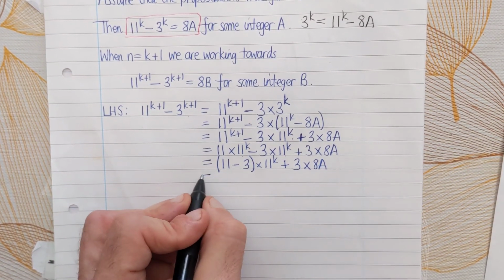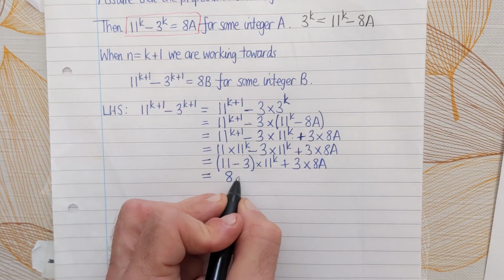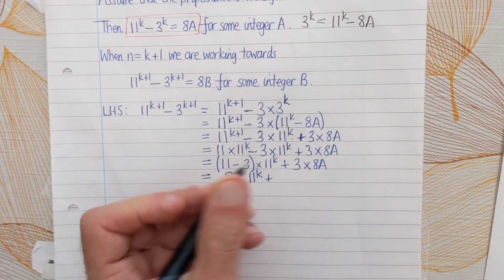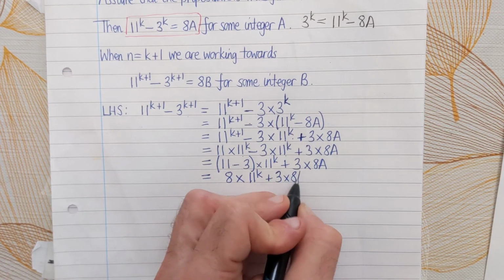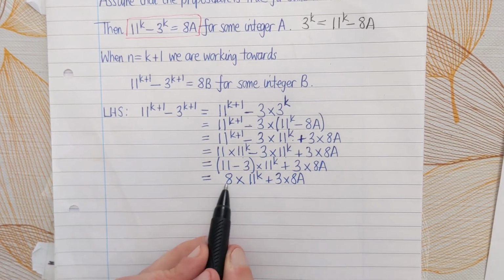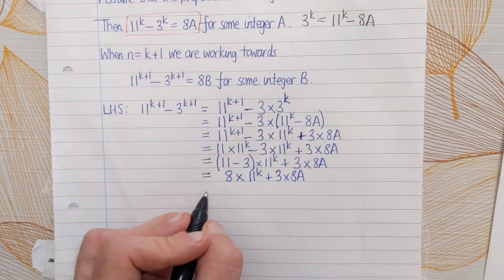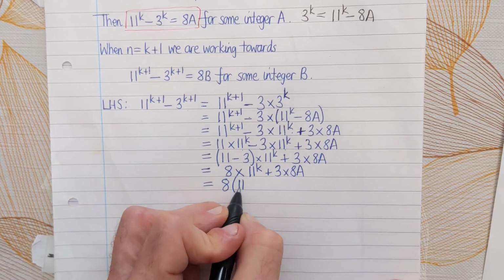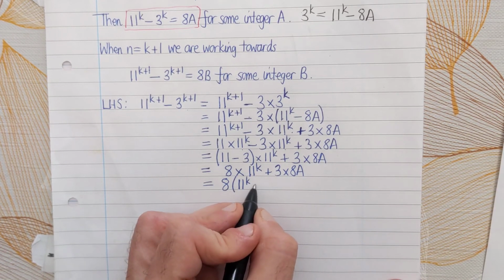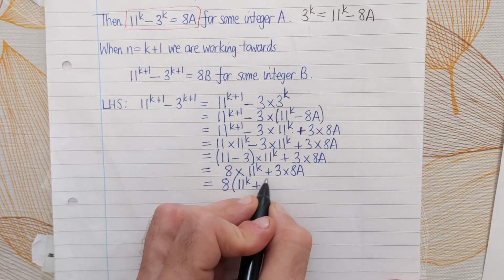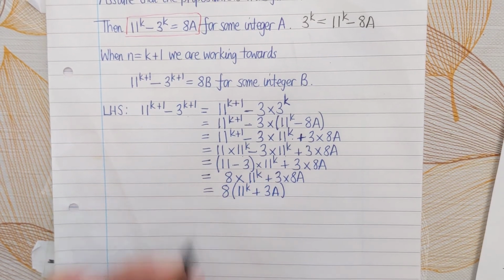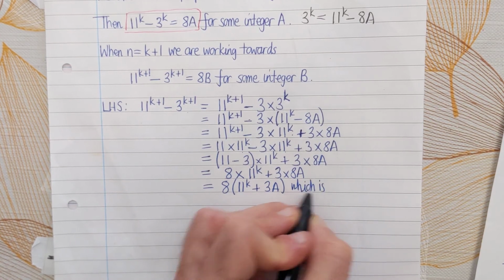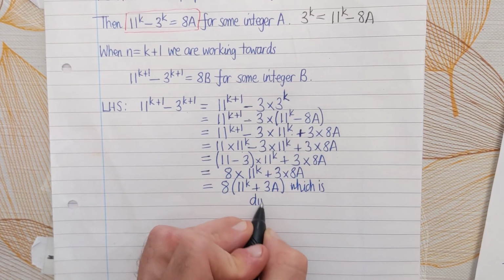The bracket, of course, 11 minus 3 gives you 8, and we're left with 8 times 11 to the k plus 3 times 8a. And again, we get an 8 that is common to both, so we can take it out. And then write in brackets 11 to the power of k plus 3a, which is divisible